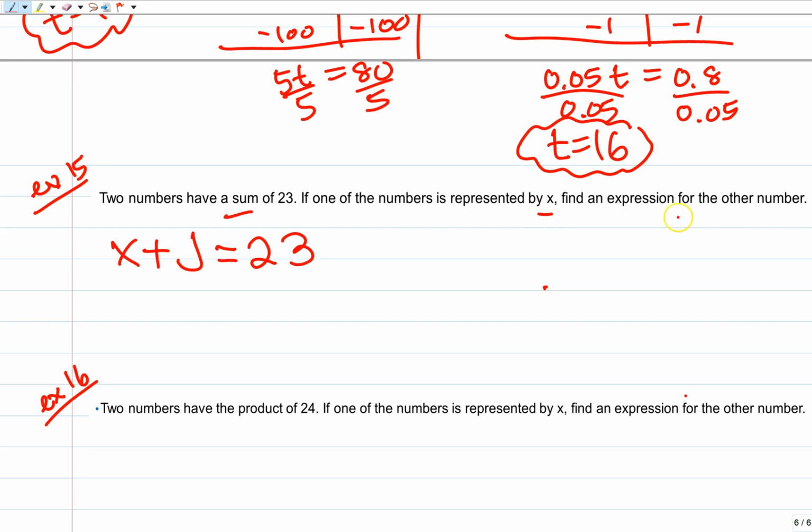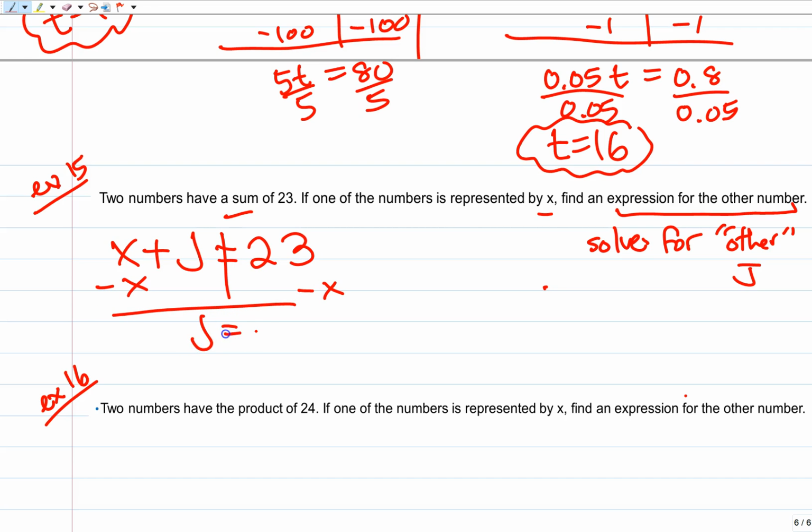If one of them is x, find an expression for the other number. Basically, that means solve for whatever our other was. Solve for, in this situation, j. Could you solve that for j? No. Can you get that j by itself? Can you subtract the x? If I do it to one side, so what would j equal? Not 23 times x. Those are not like terms. So 23